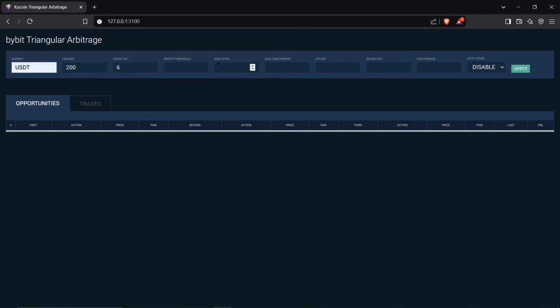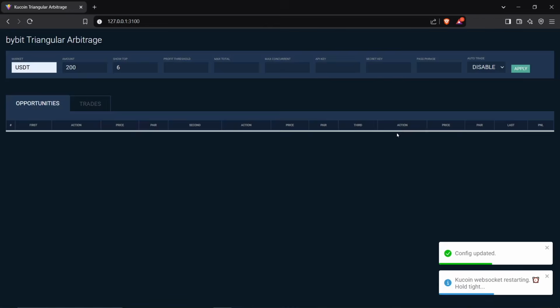And these are things for auto trading. Just gonna leave it blank like this. And of course, right here you have to disable auto trading, right? So if you want to automate the whole process, I made a whole video whereby I showed you how exactly you can put your API keys, secret keys, and stuff like that, and I'll leave a link to that video in the description below as well. But in this video, we're just gonna do manual because this is for beginners. So we're just gonna go ahead and click apply, and once we do that, it's just gonna scan